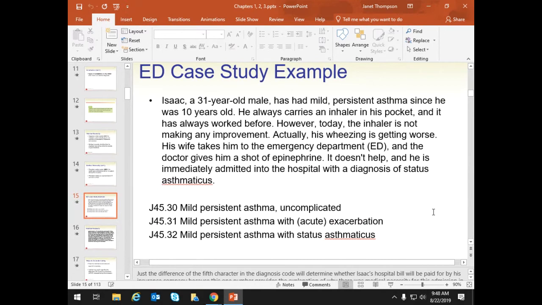It almost sounds like I'm saying a spell or something. So examples here: persistent asthma uncomplicated, mild persistent asthma with acute exacerbation. So acute and chronic are important key terms to keep in mind as well. Acute is a sudden onset, and chronic means it's an illness that persists over time, like COPD, chronic obstructive pulmonary